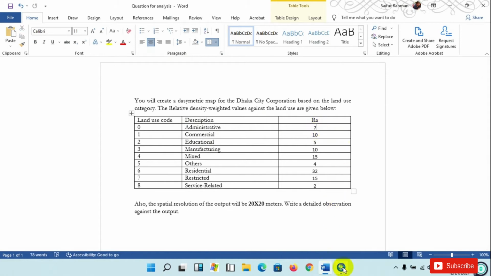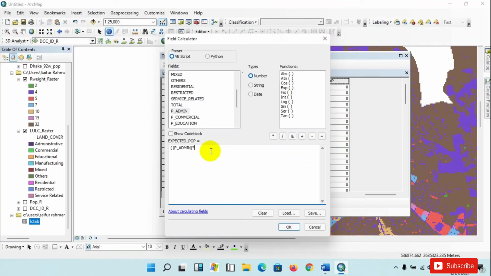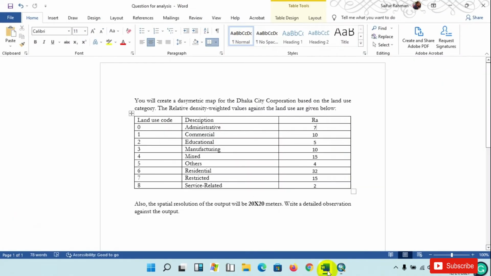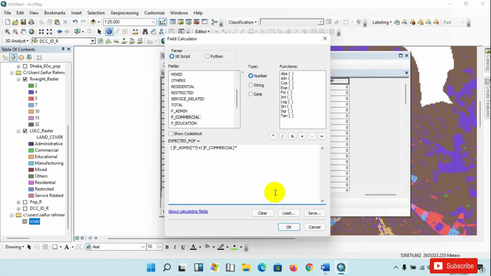This is 7, so go to here, then 7, first bracket close, plus, then first bracket start, proportion of commercial multiplied by relative value of commercial 10, then plus